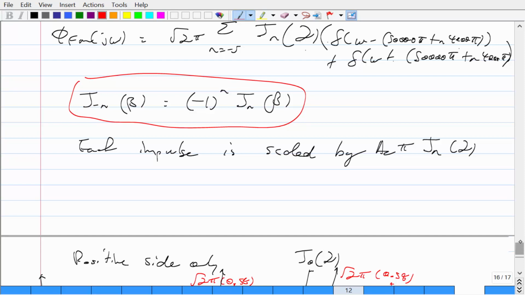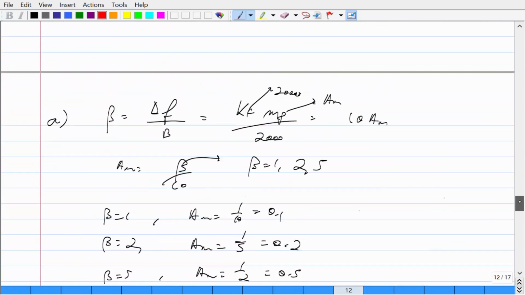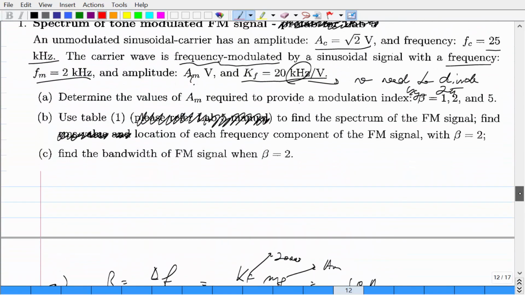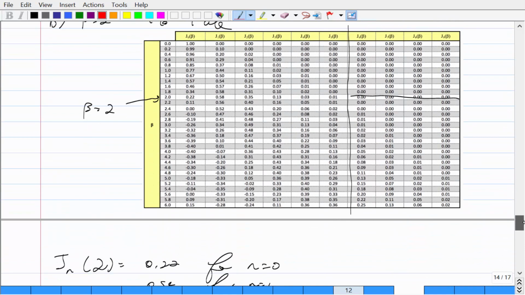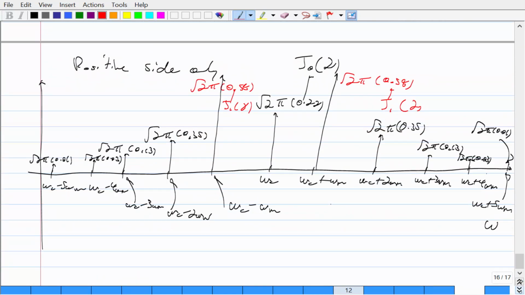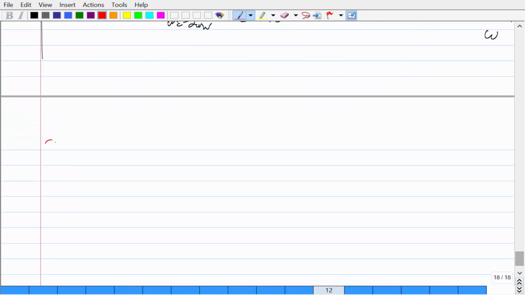And then last but not least, we have this question. It says find the bandwidth of the signal when beta is equal to 2. Okay, well that's really easy, right? The definition tells us, remember that when beta is equal to 2, we simply have to count how many numbers there are. The maximum value here is going to be 5, right? So n max is equal to 5. And so we have 5, and therefore,